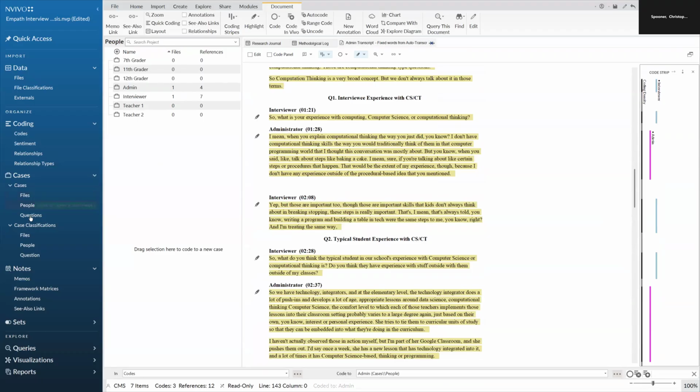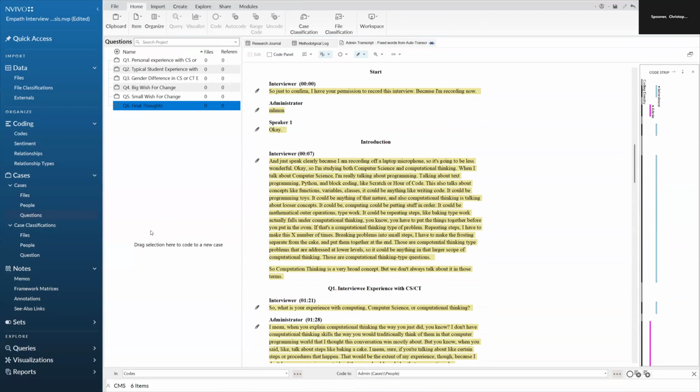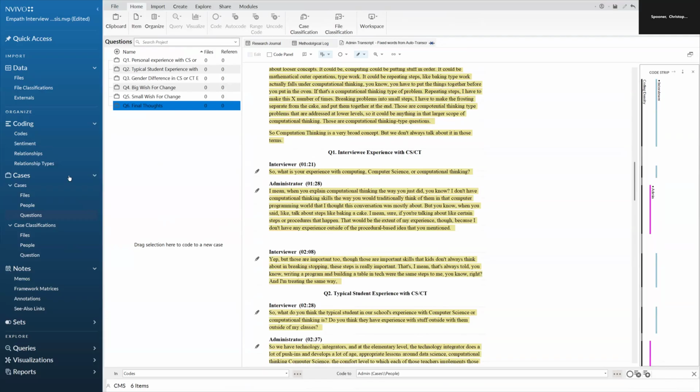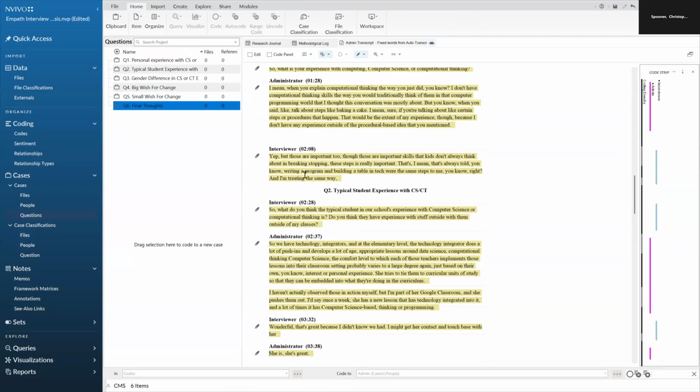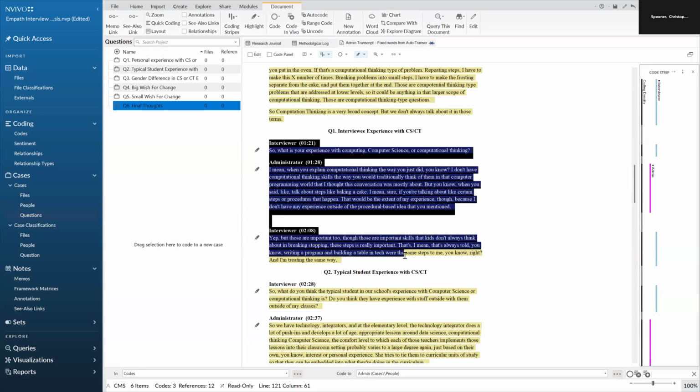It'd be a similar thing for questions. To code for a question, I would take and highlight the entire block for the question. I typically skip the actual question block because that's not really useful because that's going to be the same for everything. So I'm going to highlight starting here. Just grab the whole chunk